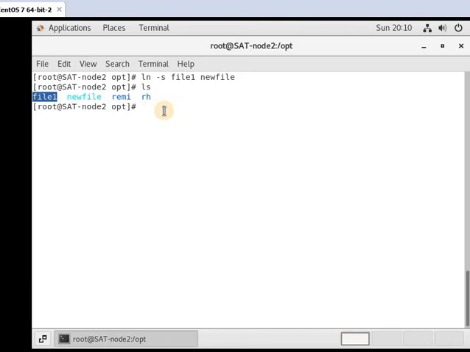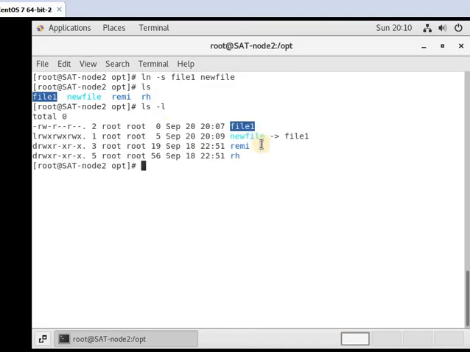So how do you identify which is the symlink file? Use the ls command and you see that the new file points towards file 1, and in the permissions you can see an L at the beginning. L indicates a symlink file of any parent file.